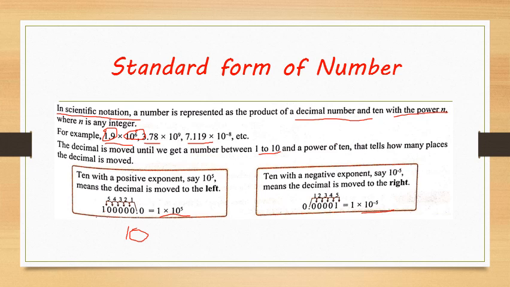Since it moves towards the left, that's why it is taken as positive. So 1 lakh can be written as 1 into 10 to the power 5. This is the scientific notation of 1 lakh. Similarly, when we are going to write a minus power, when we are moving the decimal towards the right, we are having small numbers like